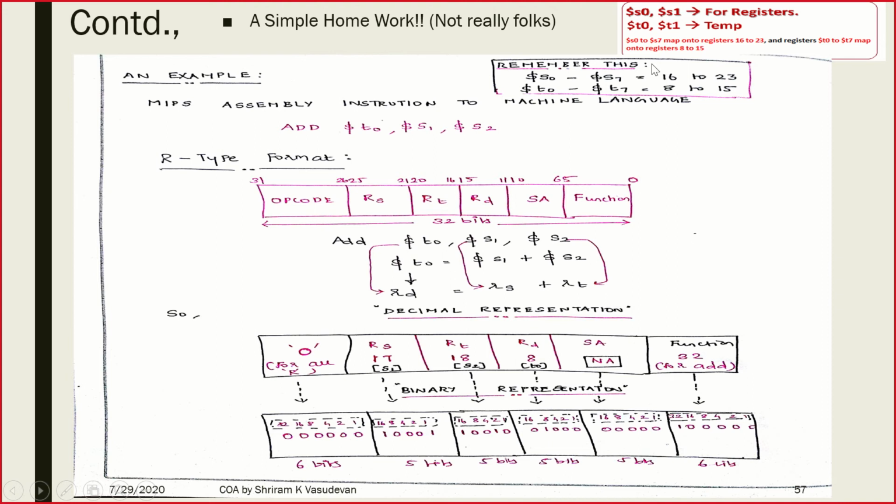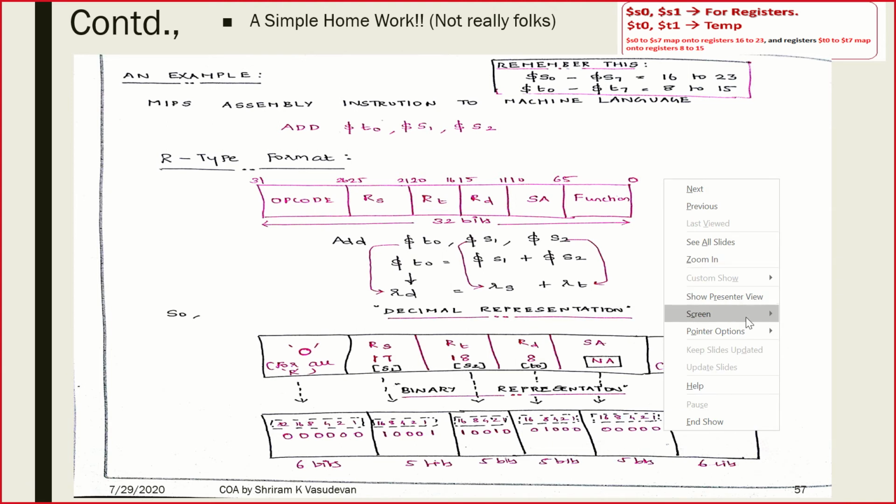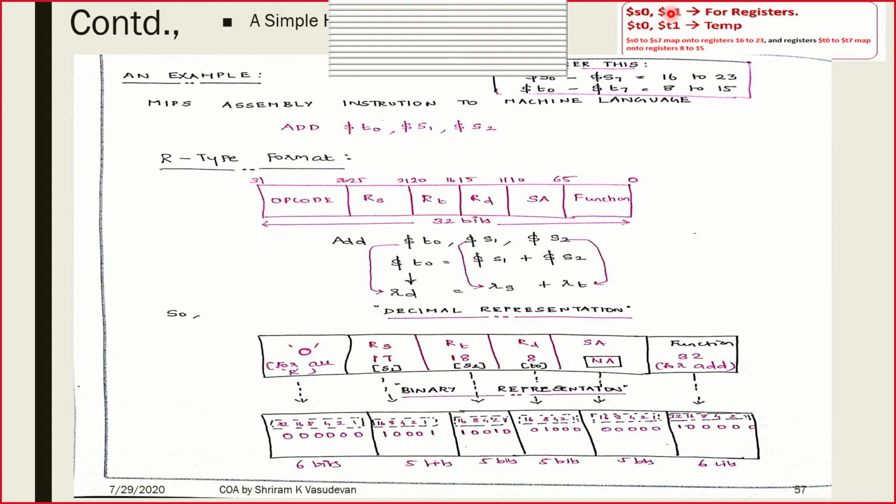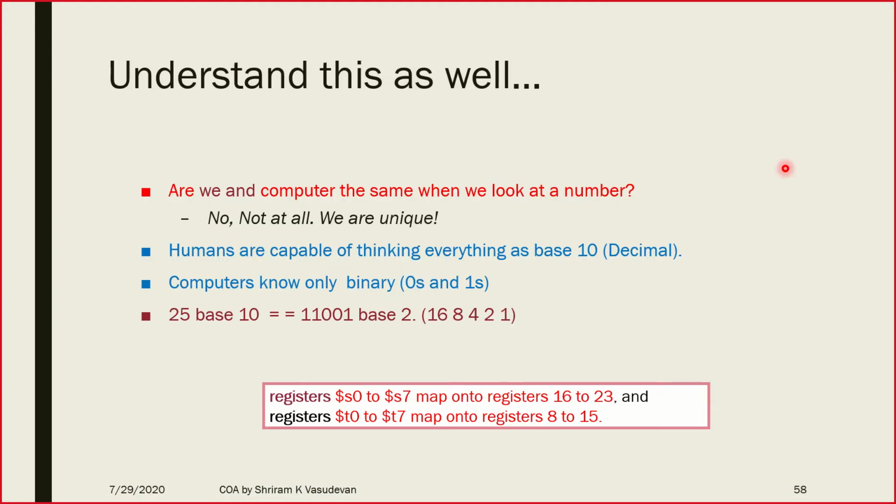Remember, one very important thing is that we have two sets of register notations. One is S0 to S7, and the other is T0 to T7. T should be used for all temporary operations, whereas S should be used for final result storage. If that's the final step where you want to store the results, we can use S for those final storage operations. I have conveyed this clearly.